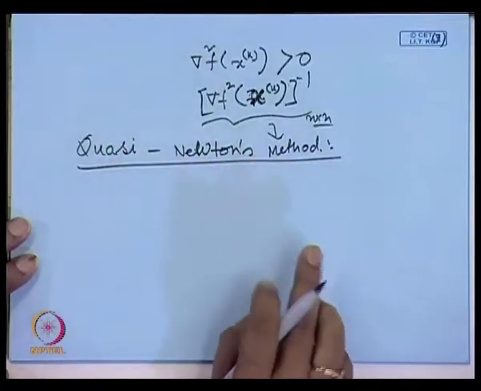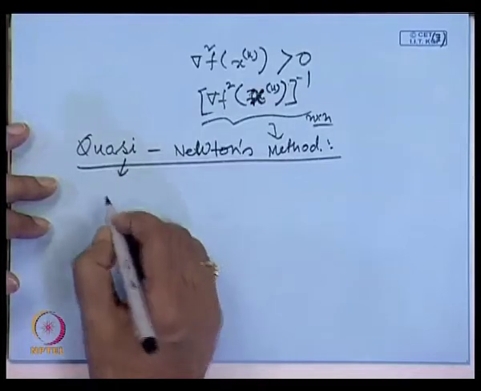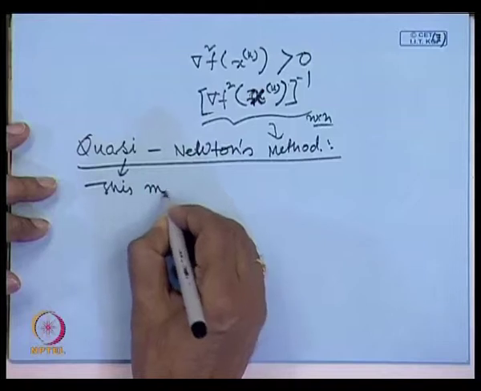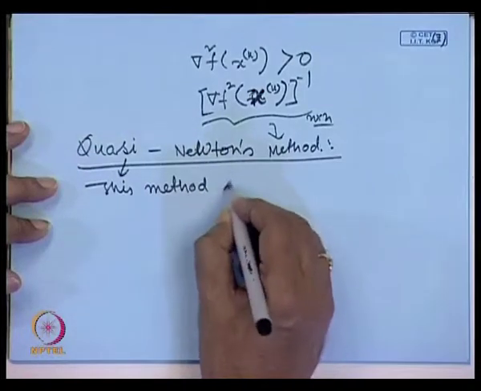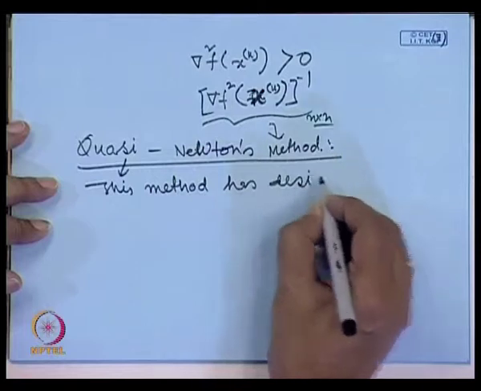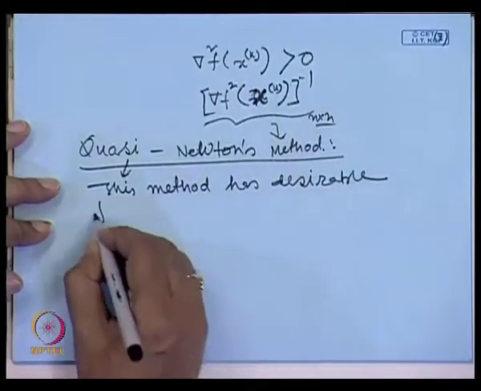This quasi Newton method takes advantage of steepest descent information, and Newton's method information also. In Newton's method, the Hessian matrix is there and you have to take the inversion. This method has desirable features